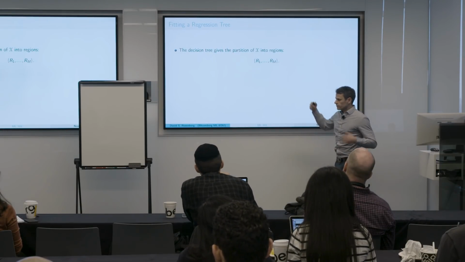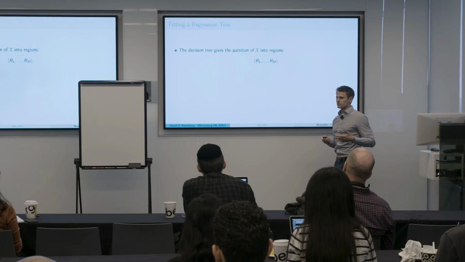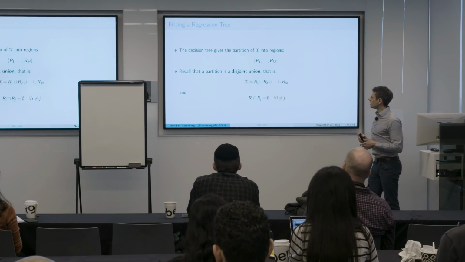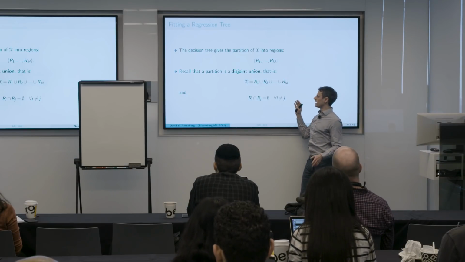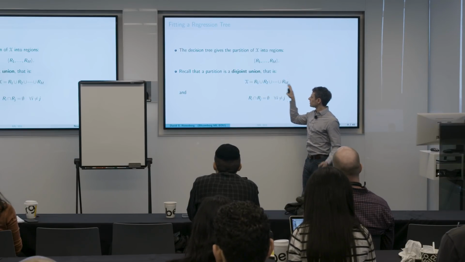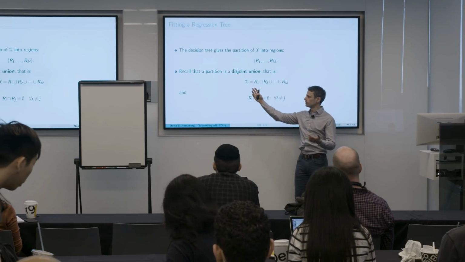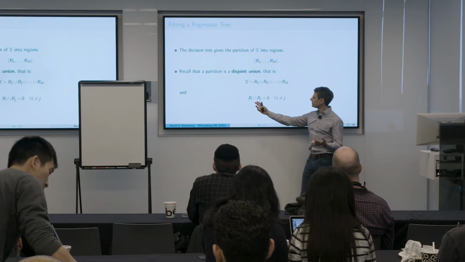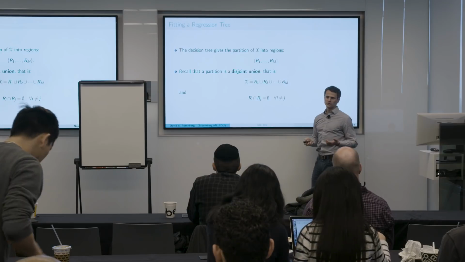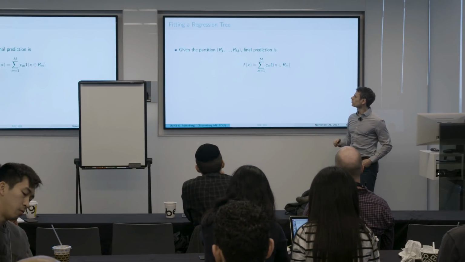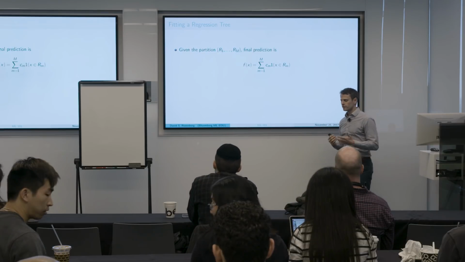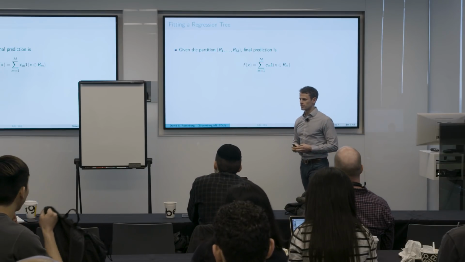So the decision tree gives us the regions, partitioning the input space into the regions. And mathematically, just to rehash what we mean by a partition, if you take the union of all the regions, you get the full input space, and two regions have no intersection. So the regions are not overlapping. Given this partition, suppose we already have the partition given by the tree,